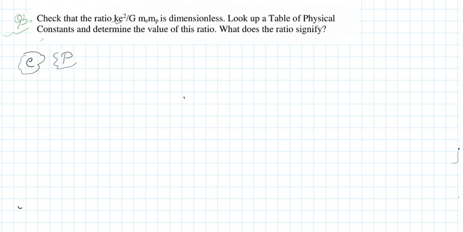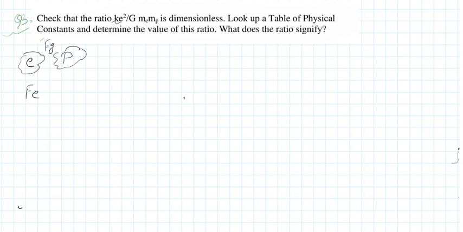The electrostatic force acting between electron and proton, and the gravitational force acting between electron and proton. So we have to take the ratio of the electrostatic force to the gravitational force acting between electron and proton. मतलब कि हमको इलेक्ट्रॉन और प्रोटॉन के बीच में जो ग्रेविटेशनल फोर्स लग रहा है और इलेक्ट्रॉन और प्रोटॉन के बीच में जो इलेक्ट्रोस्टैटिक फोर्स लग रहा है, उसका रेशियो हमको लेना है.